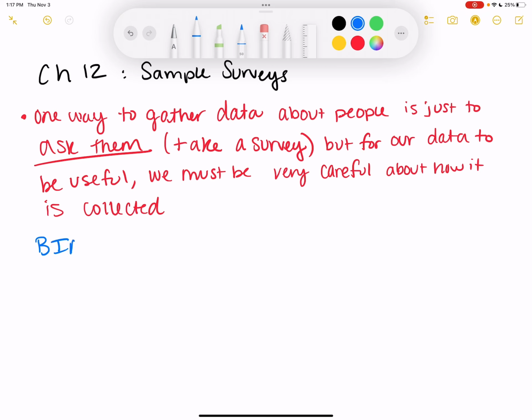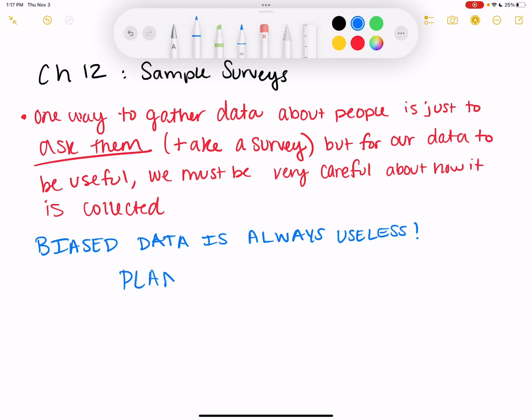Biased data is always useless. Plan ahead. So you need to make a plan to be able to make your data as non-biased as possible.